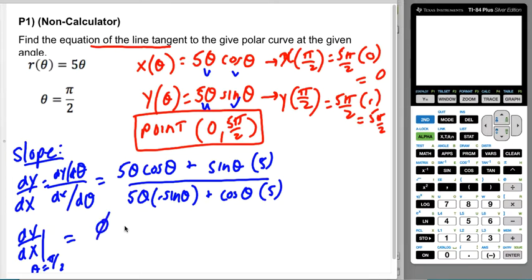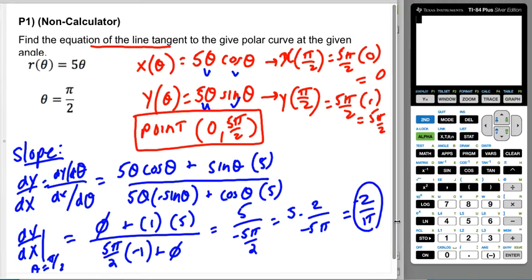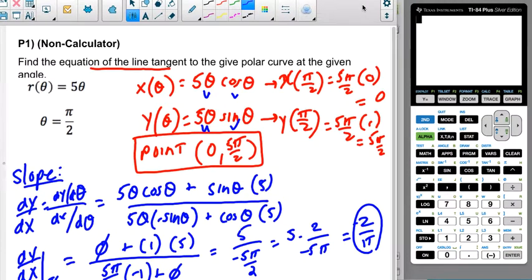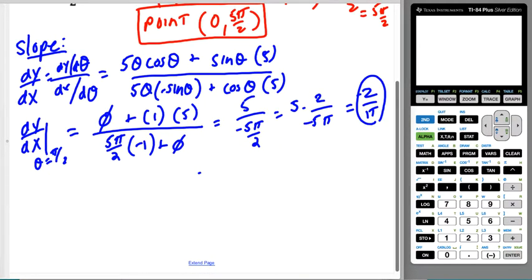So this is going to be a 0 plus a 1 times 5. And here I'm going to get a 5 pi over 2 times a negative 1 plus a 0. Right? So it seems to me that I end up with a 5 on top of a negative 5 pi over 2, which is a 5 times a 2 over negative 5 pi. So I think I get negative 2 over pi as my slope. Oh, my bad. So my answer